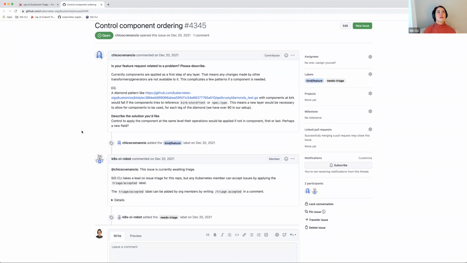Yes. Since they're explicitly requesting reordering, it occurs to me that theoretically, the composition resource could solve this for them,